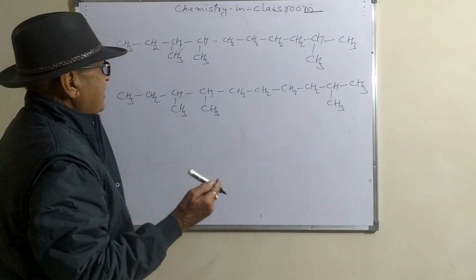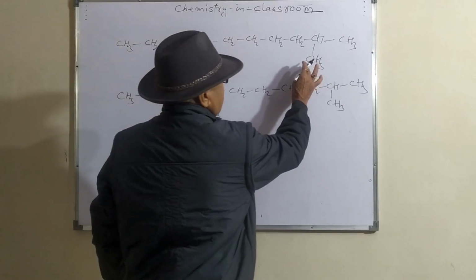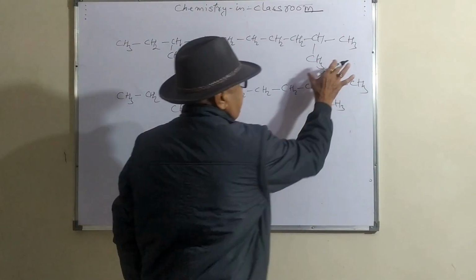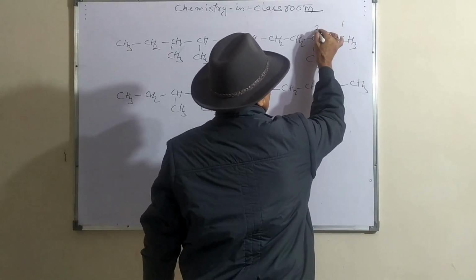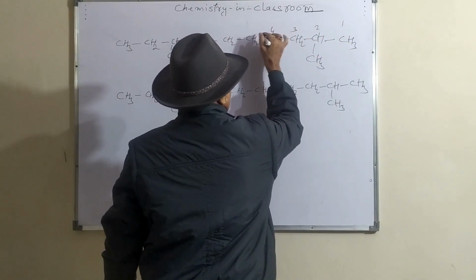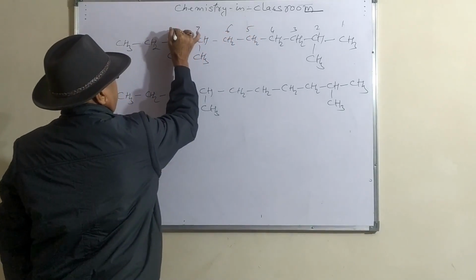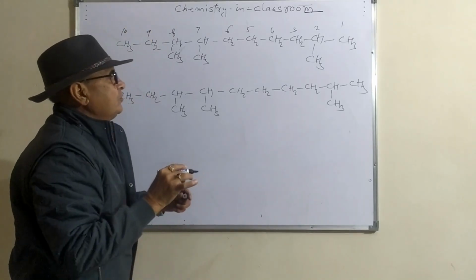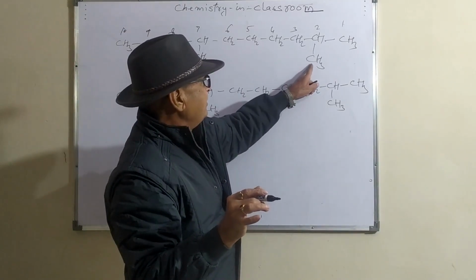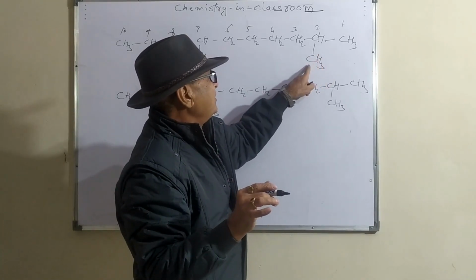Suppose you start the numbering in this way. Here, this CH3 group is nearest to the end, so you start the numbering 1, 2, 3, 4, 5, 6, 7, 8, 9 and 10,